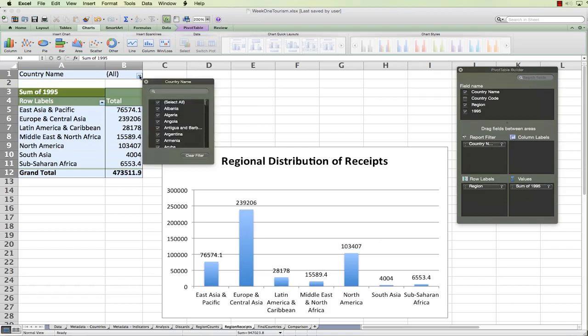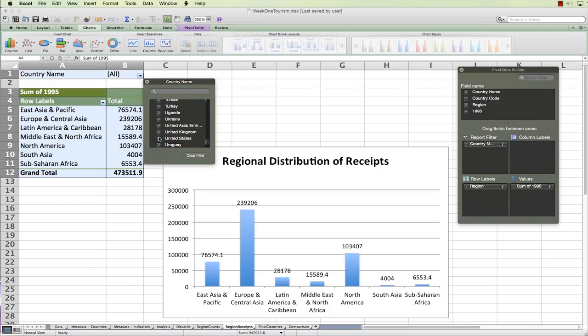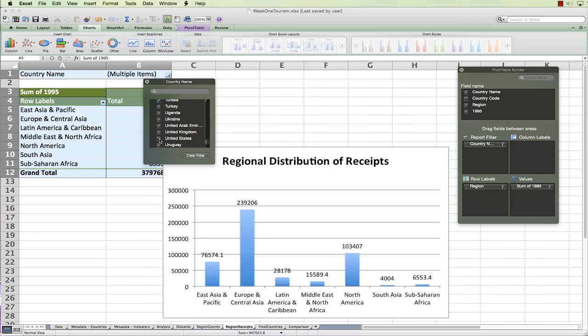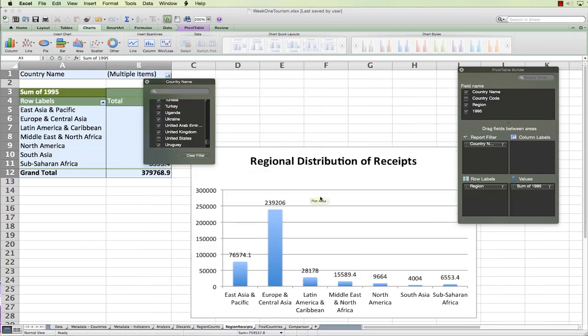And in this drop down, I will go ahead and deselect the United States. And watch very carefully what happens on the screen. When I deselect that, all of a sudden, everything in North America went down. So that was one giant less.